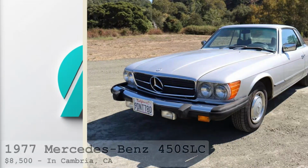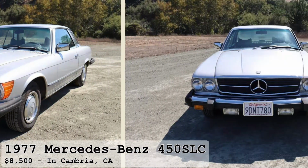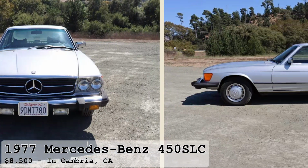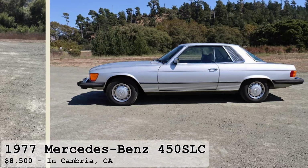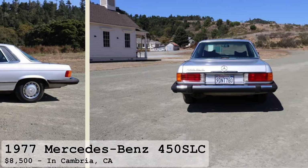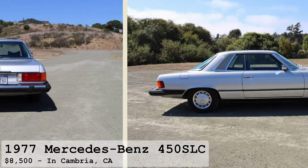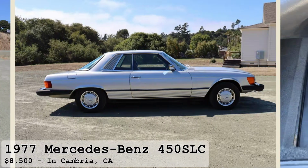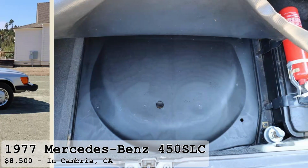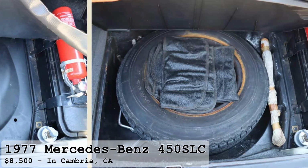Number 7. Introducing the 1977 Mercedes-Benz 450 SLC, a luxury coupe that exemplifies the elegance and engineering excellence of Mercedes-Benz. Powered by a 4.5L M117 V8 engine and a 3-speed automatic transmission, this classic coupe offers a smooth and refined driving experience. Finished in astral silver with a black leather interior, it features a sunroof, air conditioning, and a well-documented